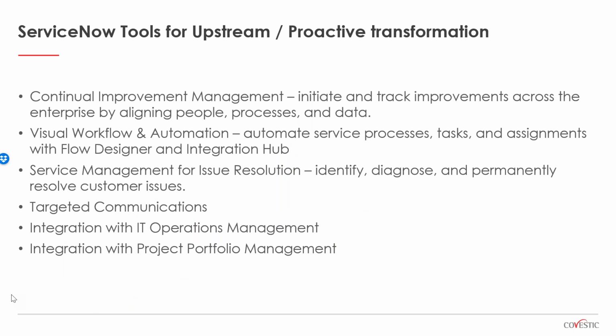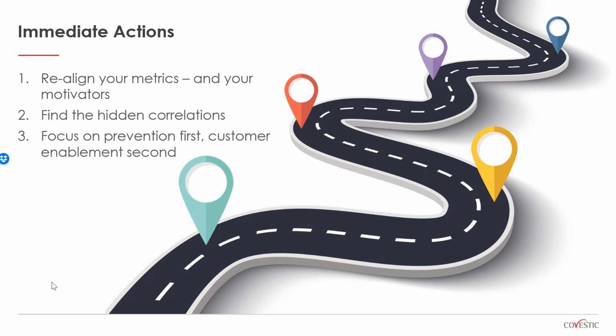All right, so let's go ahead and talk about immediate actions that you can take today that will start you on that journey. It doesn't require hiring Covestic. It doesn't even require implementing ServiceNow. But the first thing that you need to do is focus on the org chart, realign the metrics and your